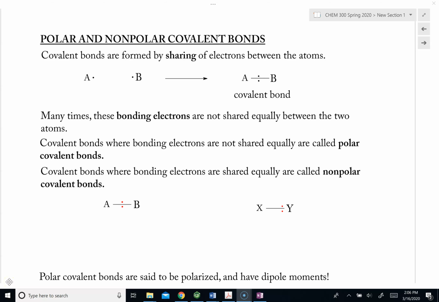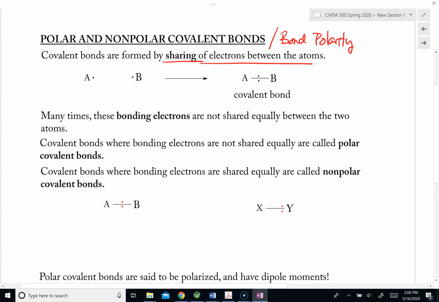Polar and nonpolar covalent bond, which can also be referred to as bond polarity. So what is a polar and a nonpolar covalent bond? If we recall from our previous lecture, covalent bonds are bonds that are formed due to the sharing of electrons